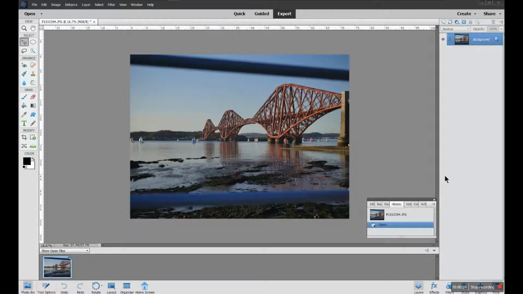Hi everyone, it's John Glynn here, and in this session I'm going to be looking at more tools, which is under the create new fill and adjustment layer. Click on that option and it takes you down this